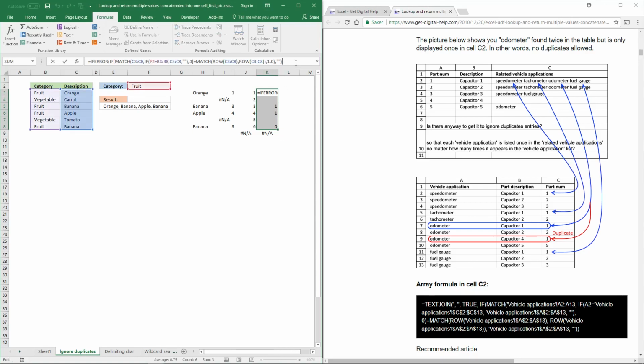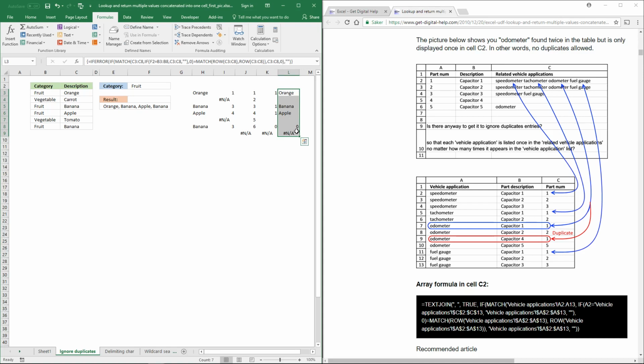What we can do now is to replace this argument with a reference to this cell range and see what happens. So now the array has these values